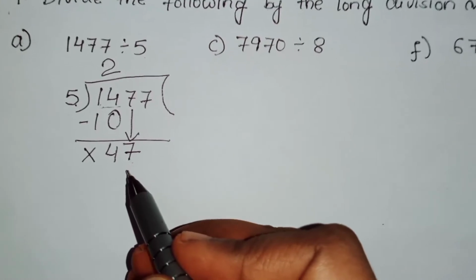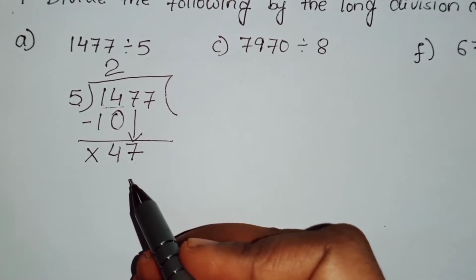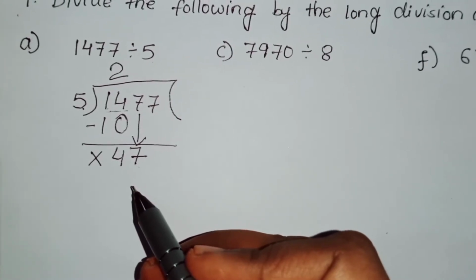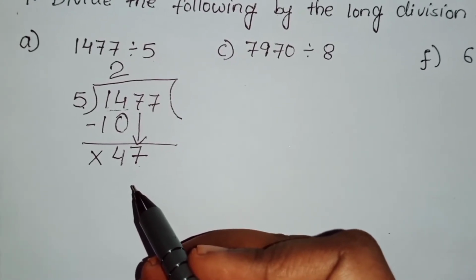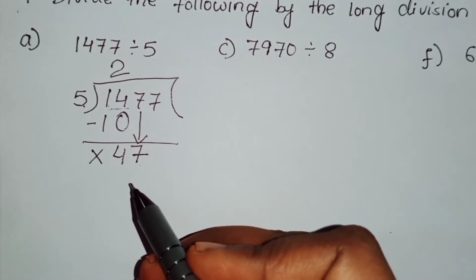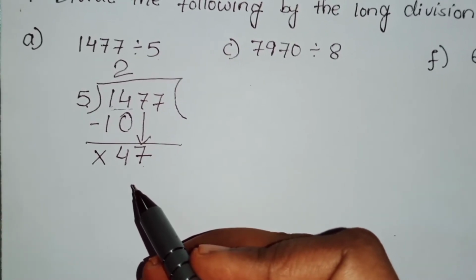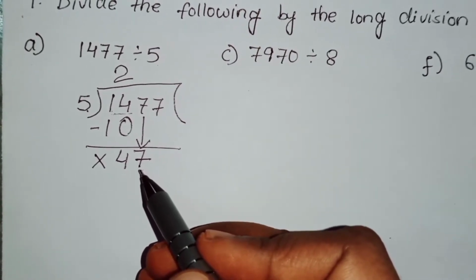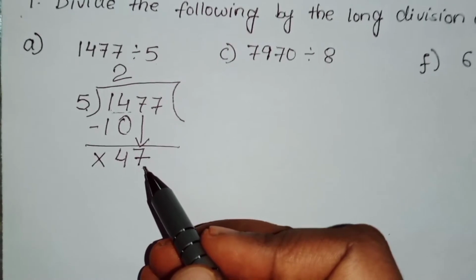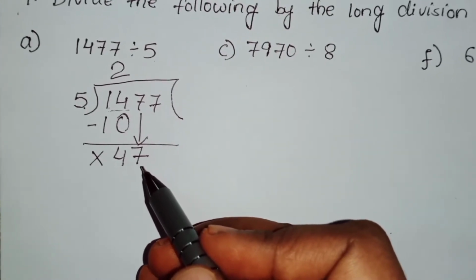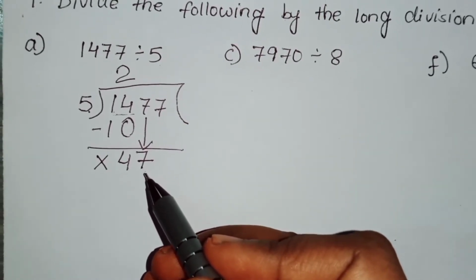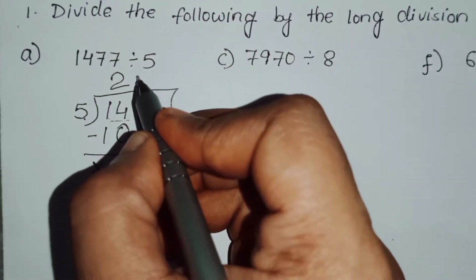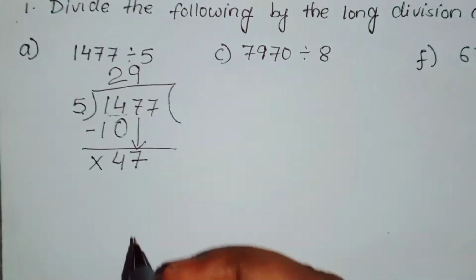Let's read the 5 table. 5 1 ja 5, 5 2 ja 10, 5 3 ja 15, 5 4 ja 20, 5 5 ja 25, 5 6 ja 30, 5 7 ja 35, 5 8 ja 40, 5 9 ja 45, 5 10 ja 50. 45 is there and 50 is there. We cannot write a number which is more than this, so we will not write 50, because 50 is more than 47. We will take less than 47. So what is less than 47? 45. So 5 9 ja 45.